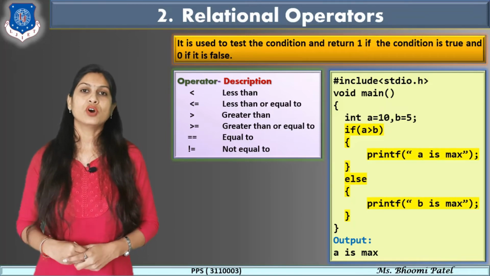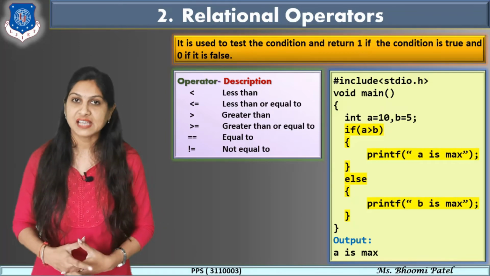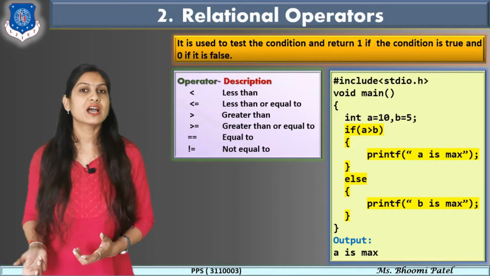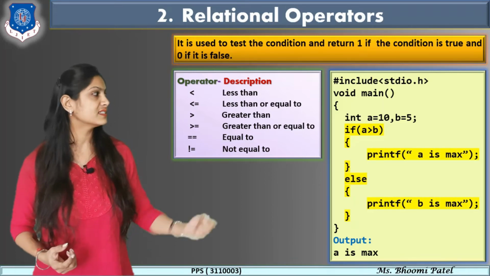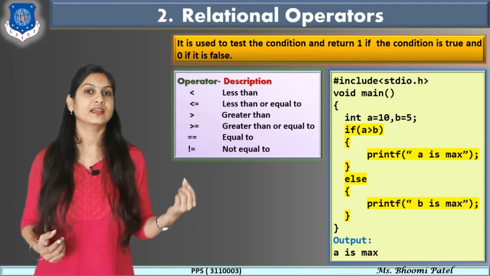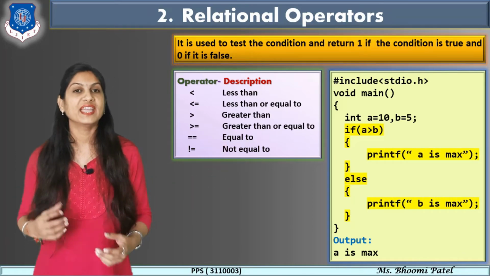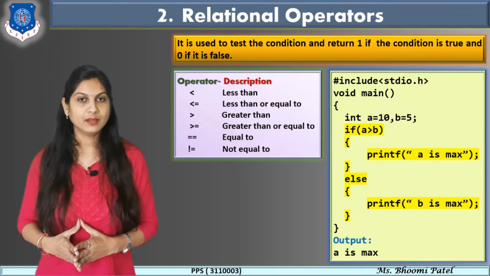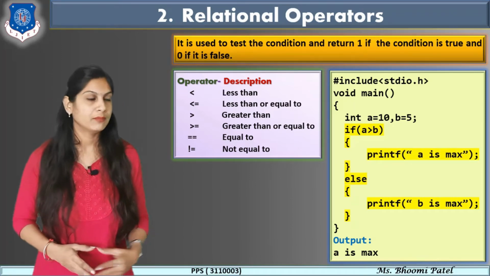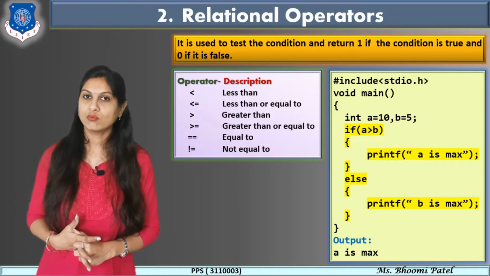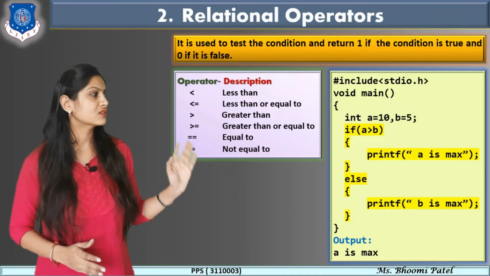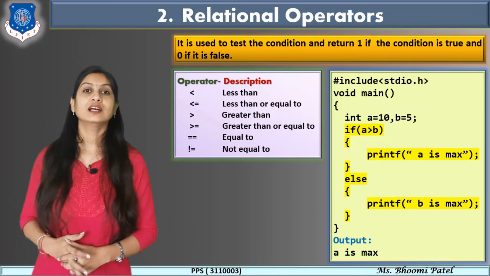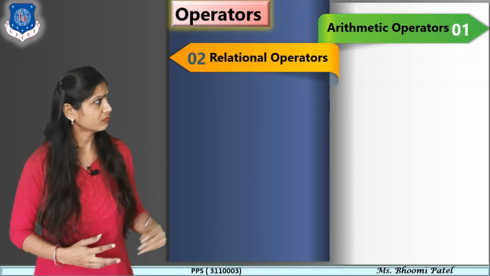Now suppose you want to check whether both the numbers are the same, equal or not. In this case what do we have to change? You just have to change the symbols. Instead of A greater than B, now you put A equal B. Then if both numbers are the same, a message is displayed saying it is equal. So that is all about the relational operators, and the third one is the logical operators.